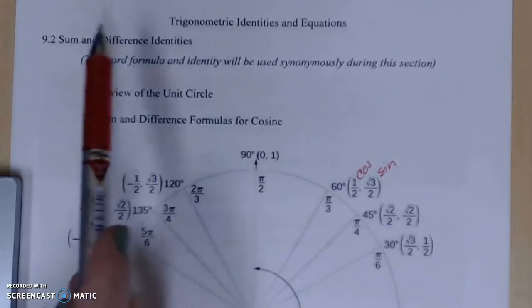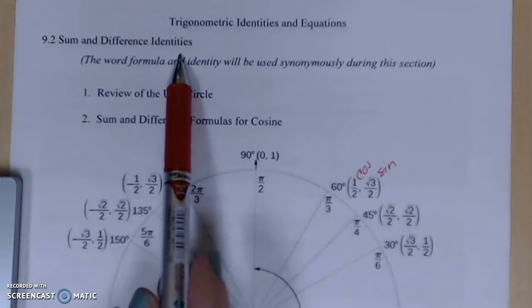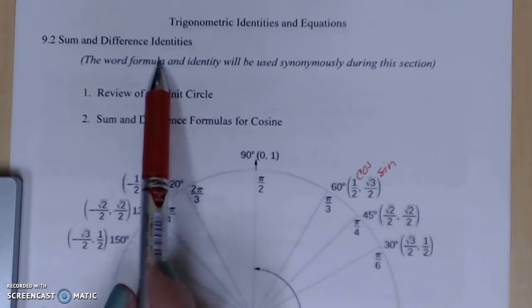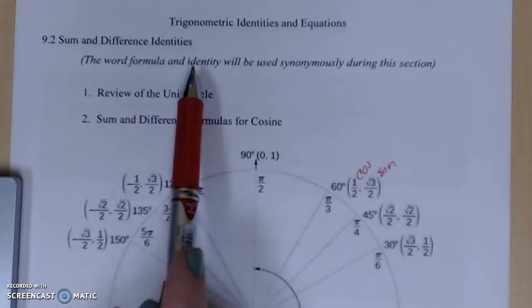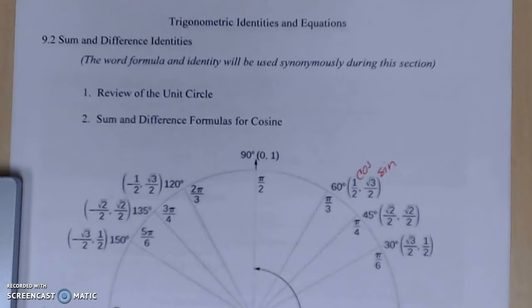9.2, what we're going to be looking at is the sum and difference identities. The first thing I want to say is that the words formula and identity we're going to be using quite a bit throughout this section, and they can replace each other as we go. As we work with some identities in this section, like we saw in the previous section,